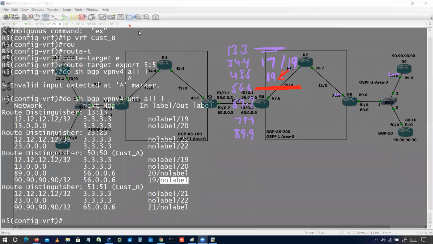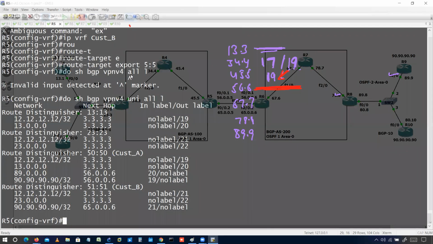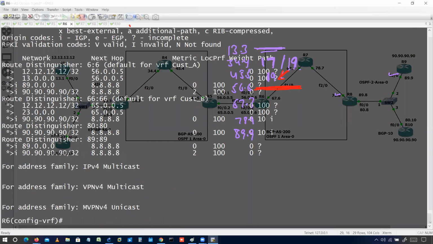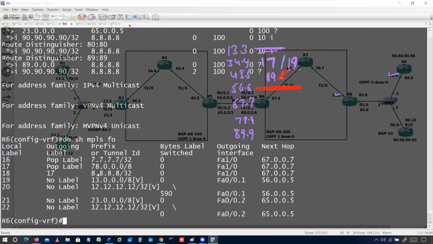I'll go to R6 now. Do show ip bgp all. So I'm getting 90.90.90.90 from R8. I'll check the MPLS label first of all. Do show mpls forwarding-table. To reach 8.8.8.8, what is the outgoing label? That is 17.